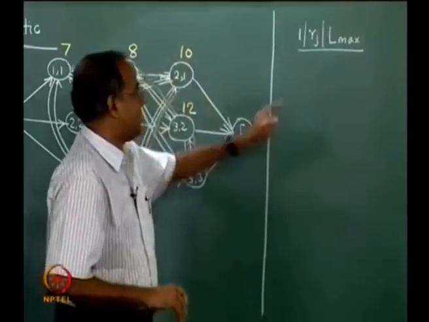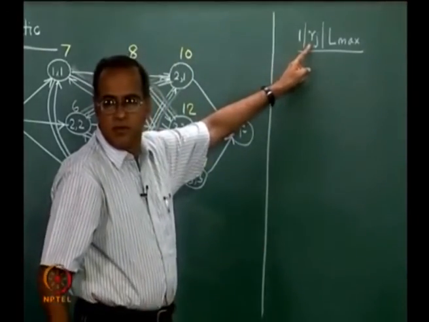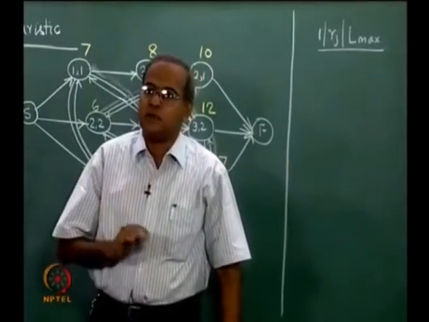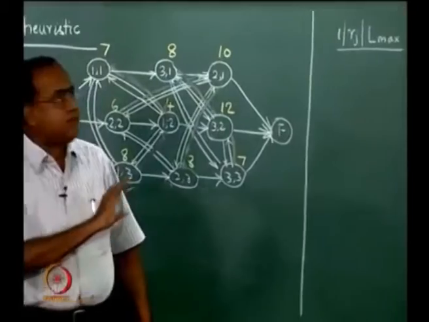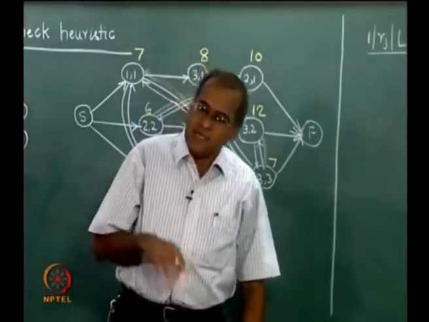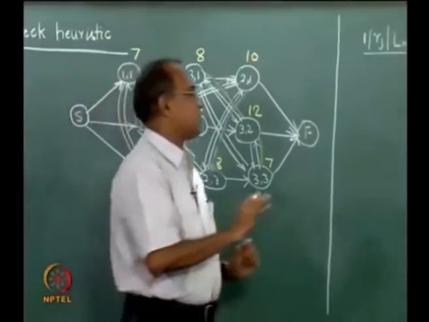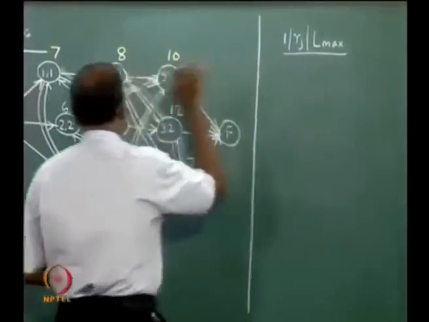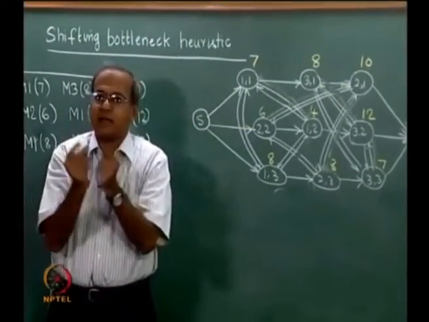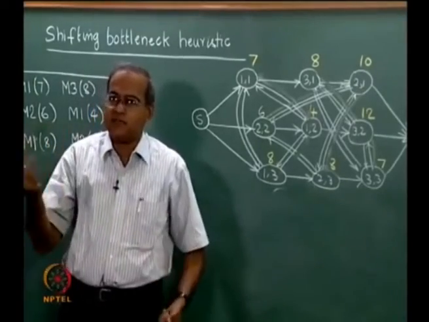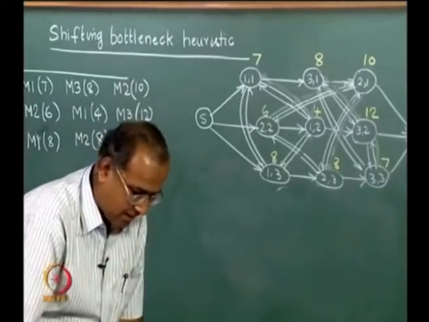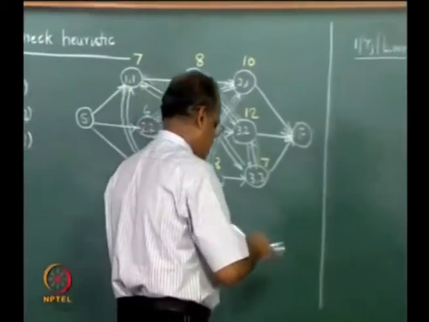So, r_j is the time at which job j is available, and Lmax is to minimize the maximum tardiness. So, let us take an example to understand the 1 | r_j | Lmax problem, how we solve that, and then see how we use results from it and superimpose it on this network, so that we are able to get the correct set of arcs that would give lesser makespan. So, let us take this example for 1 | r_j | Lmax.